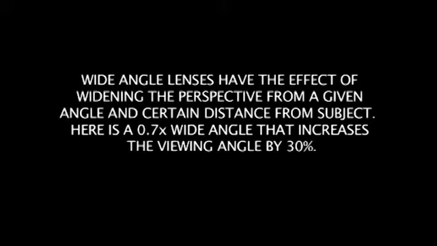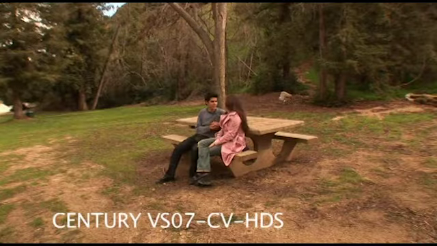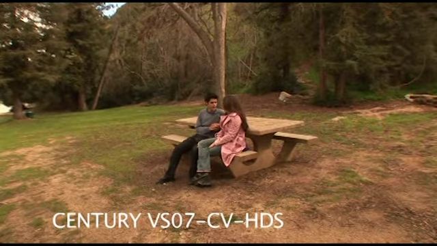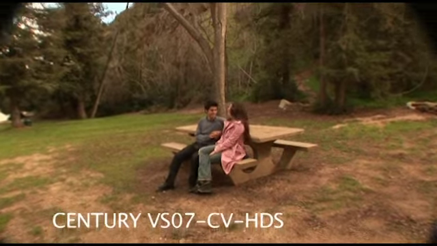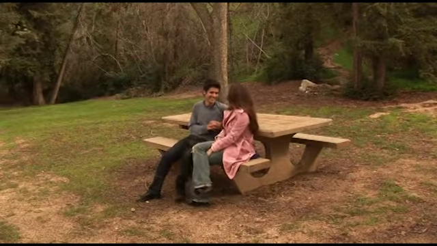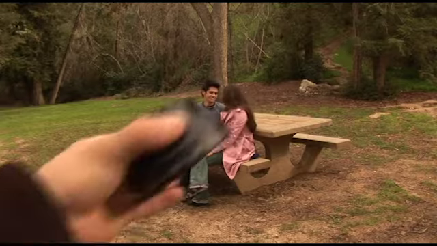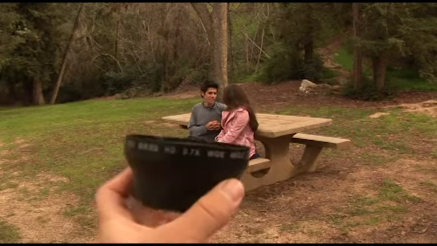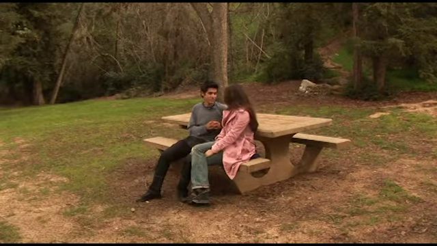So this is not actually a lens, this is a converter. It converts the existing lens that's attached to the camera and makes it 30% wider. It's called a 0.7x. Here's what it actually does. This is the actual frame with the Century VS07 on the frame right now. Here's what happens when we take it off. You see how it's more pushed in, and there's the actual lens, that's the converter, and it's made by Century